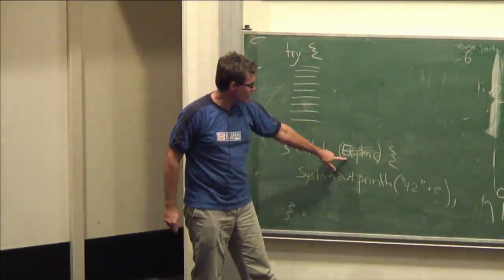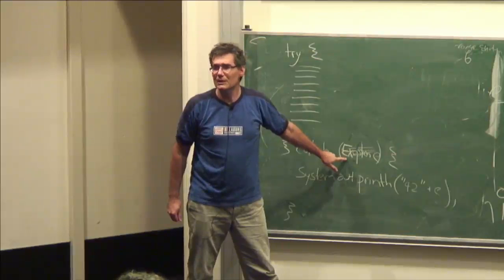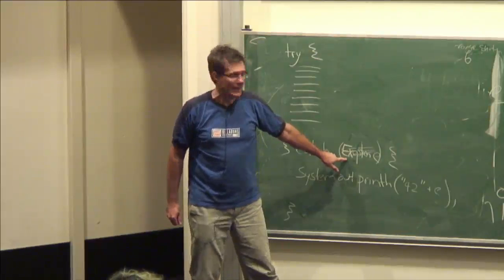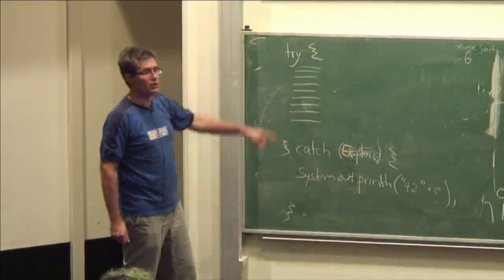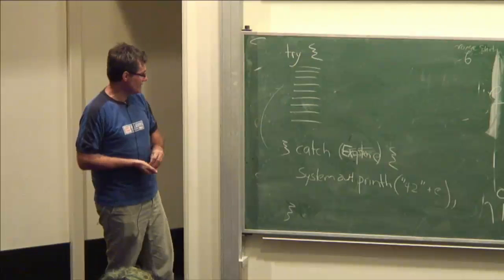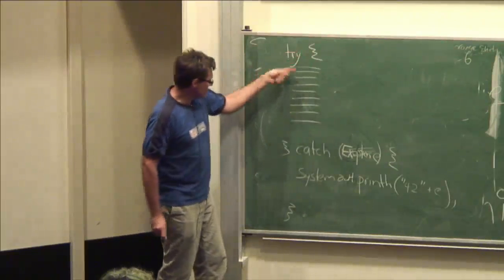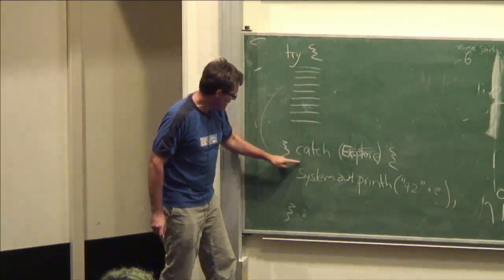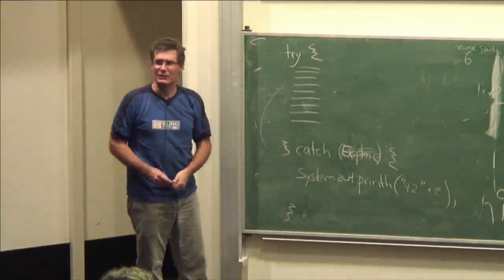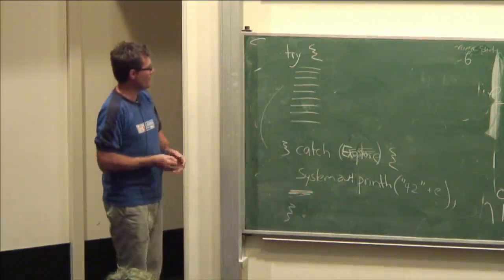Now, I haven't said what package Exception's in, so what package is it in? Must be in java.lang. Yeah, so you could go to java.lang.Exception. You could look up all the other things you can do with exceptions. Okay, so this code here, if anything goes wrong up here, instantly execution will jump down to here, execute these lines, and then the code will actually continue. And if I don't want it to continue, I'm going to have to put some sort of abort in here to abort the whole program.